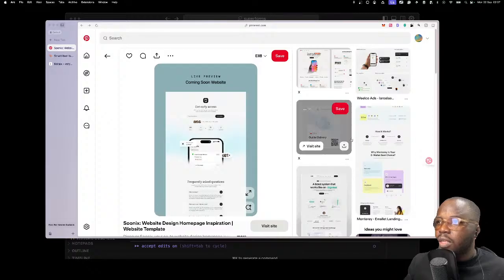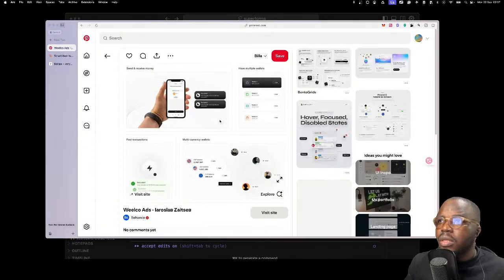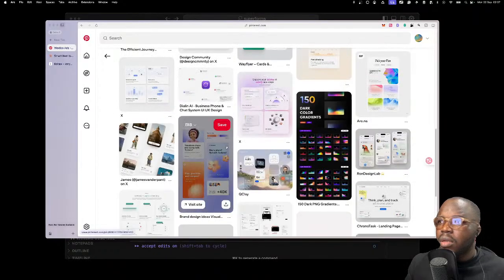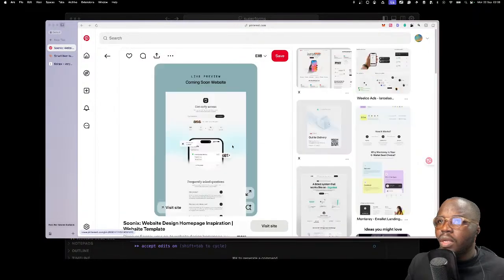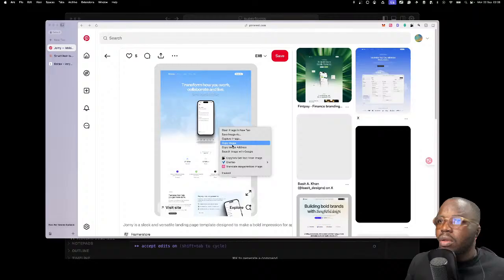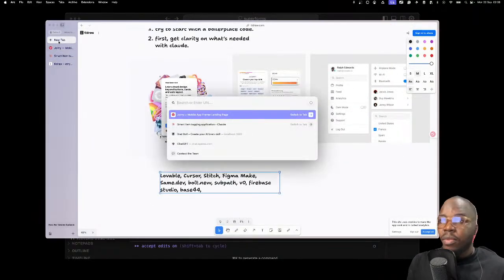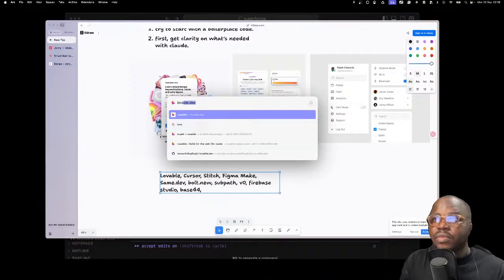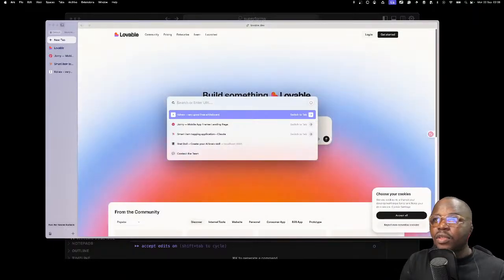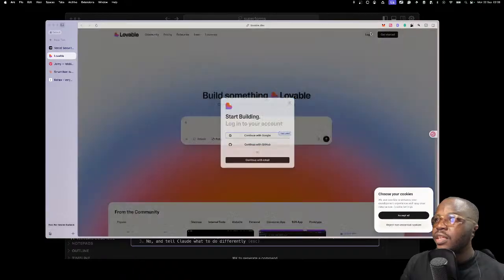Okay, so let's see. Let me see this one. I don't think I want this one. All right, let me go back a bit. Copy this. I think I like this. So I'm gonna use a couple ones. Lovable is great. I think I once paid for Lovable, but I don't think I have credits there anymore. V0, I used it today. They give you 5 credits every day.